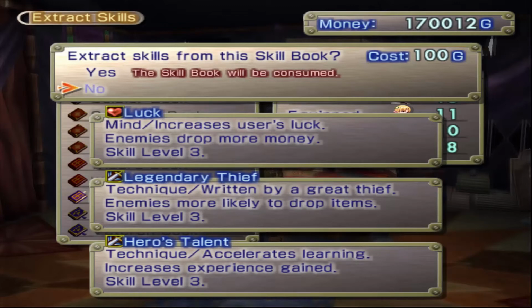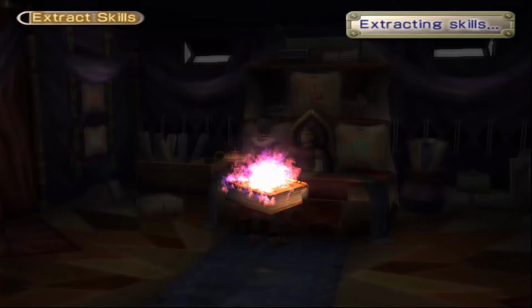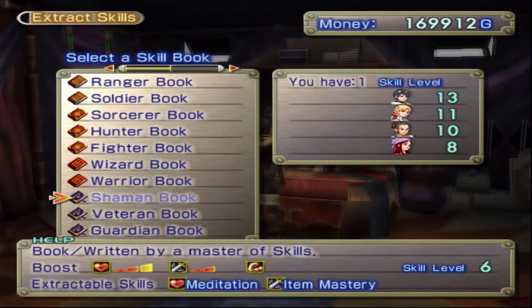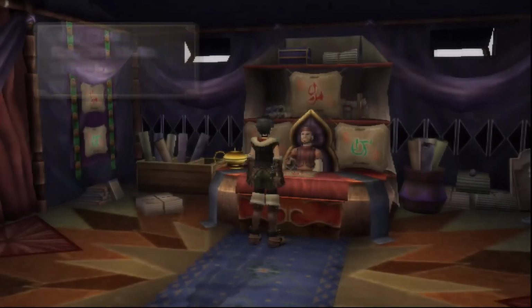And then Hero's Tale increased experience gained. I don't use that because levels aren't really necessary at this point. But yeah, best book to get ever. There's only one thing that can really compete with it. And well, I can do more of this stuff after. We'll deal with that at a later date because I want to run and do something else real quick now